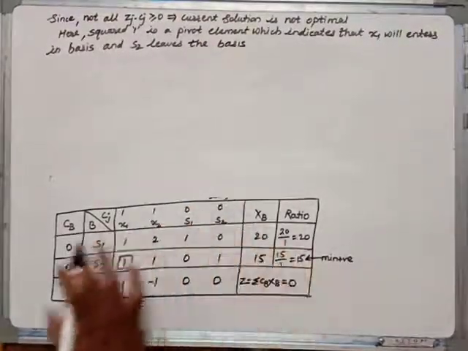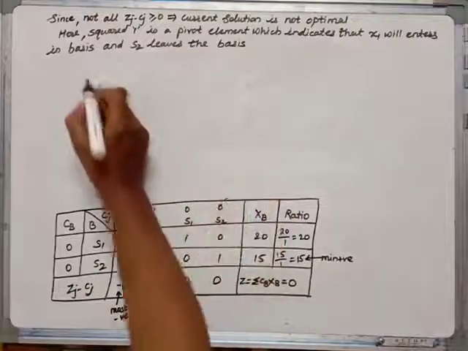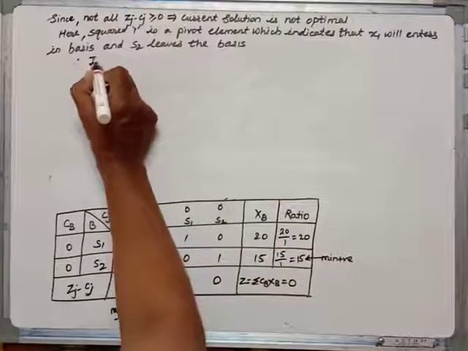This is an observation from this table. Now therefore the improved table is: